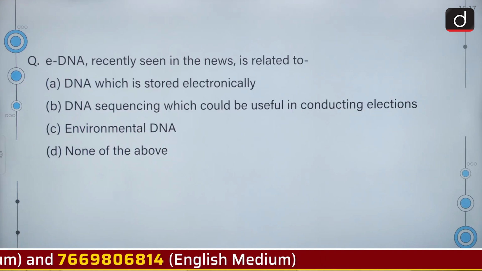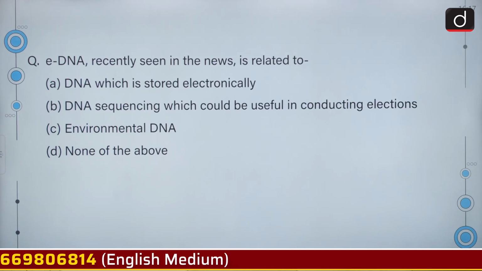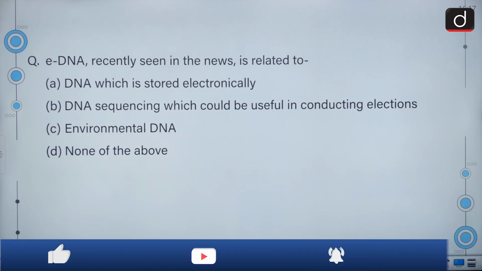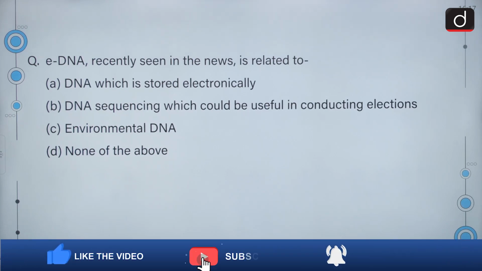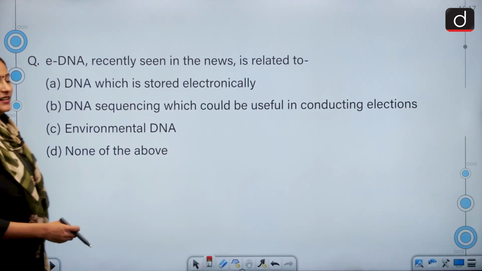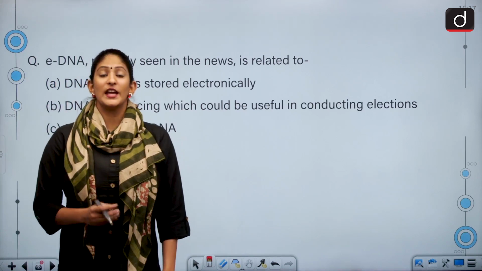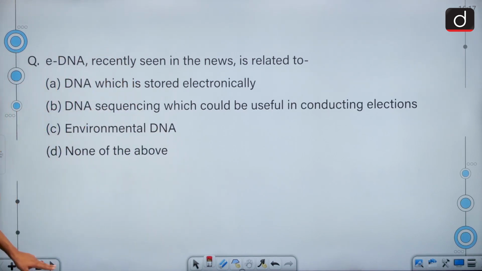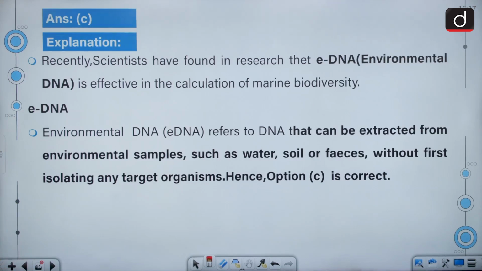Moving on, eDNA, recently seen in the news, is related to: DNA which is stored electronically, DNA sequencing which could be useful in conducting elections, environmental DNA, or none of the above. So, eDNA is related to environmental DNA. It's option C, and recently scientists have found in research that environmental DNA is effective in